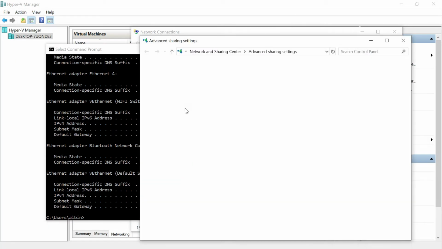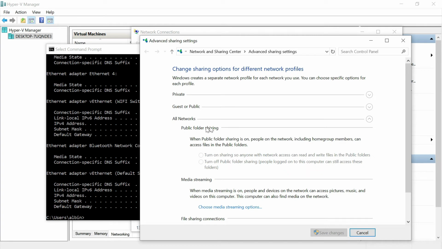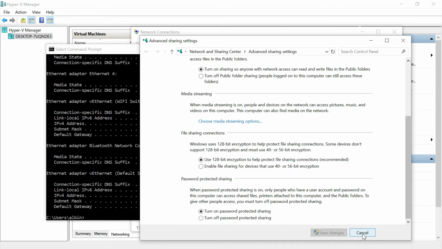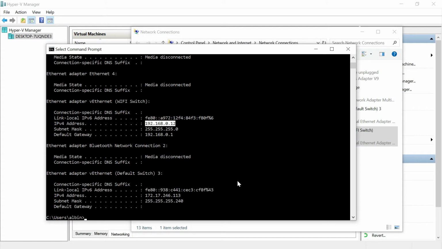Now you can see here the public folder sharing option. Here you need to enable that. By default it is turned off, but you can enable the sharing. It will allow the network system to connect and copy the data. Okay, so that's now completed.